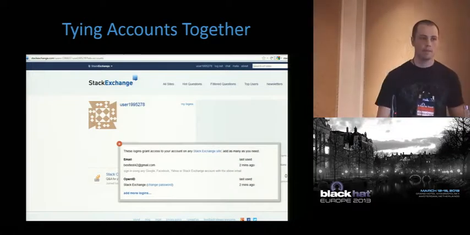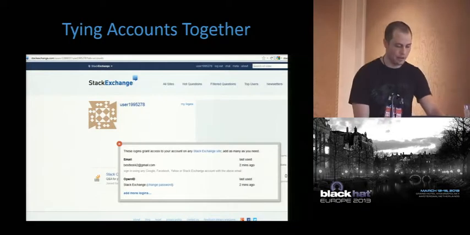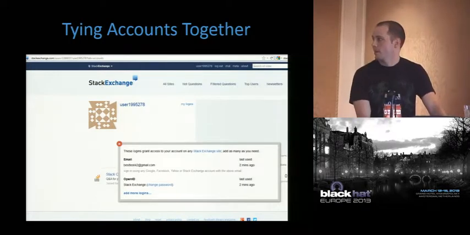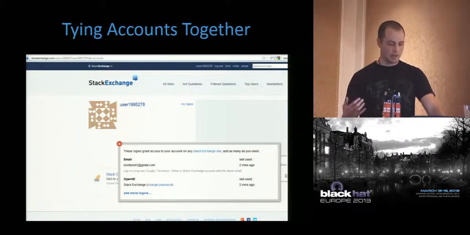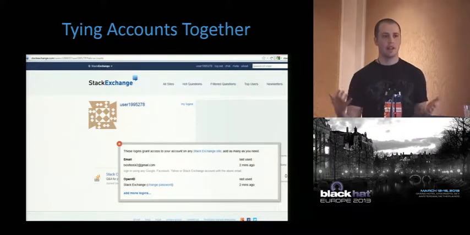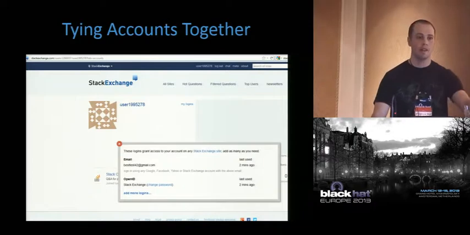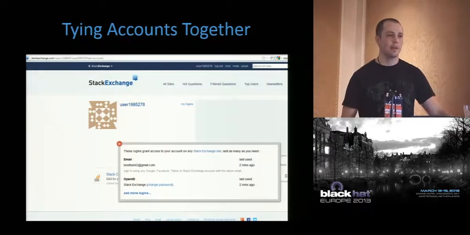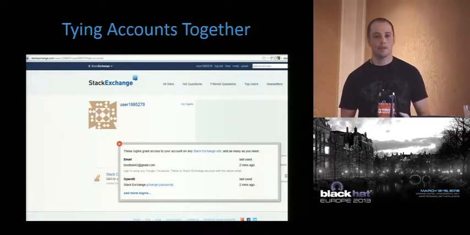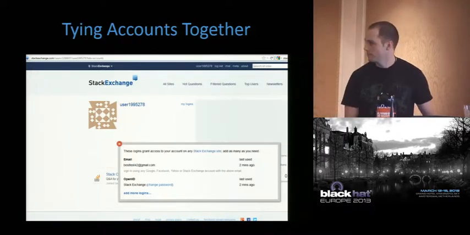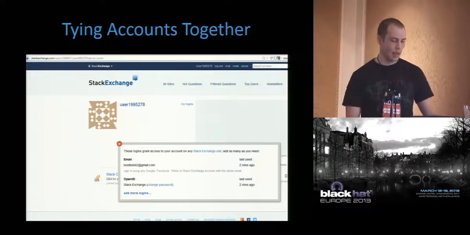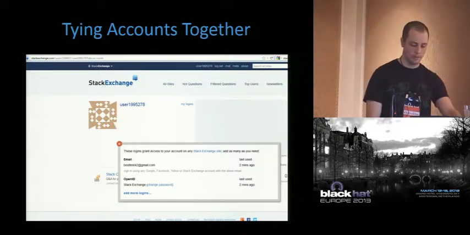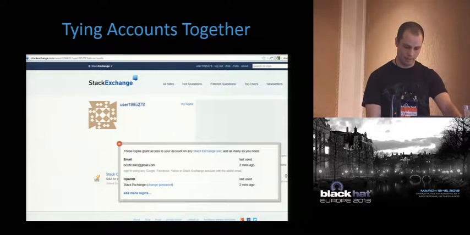One common use of OAuth is tying accounts together. So here's an example. Say I have a Stack Exchange account from 1982 when Stack Exchange was founded or whatever. You have this old curmudgeon-y account, and you want to tie it. So Stack Exchange knows this, and they want you to keep that account. But they also want you to authenticate other ways. So that's the add more logins thing at the bottom. So maybe you want to log in with Facebook, or log in with your Gmail, or log in with whatever. And that's fine. And a lot of times they use OAuth or OpenID type things to do that.